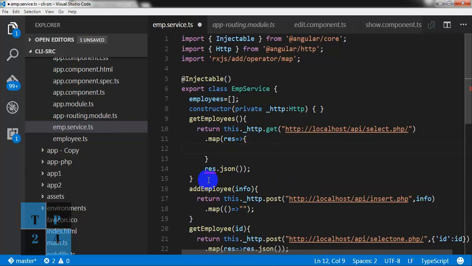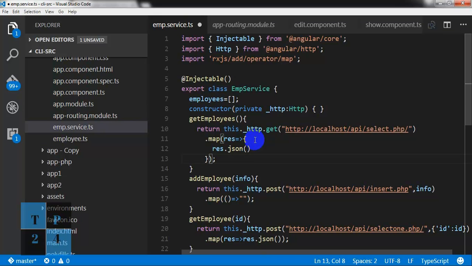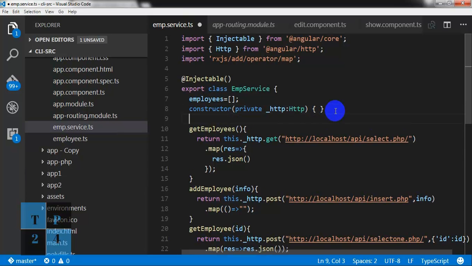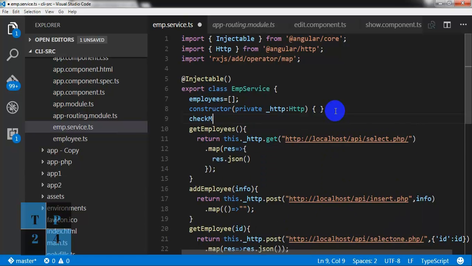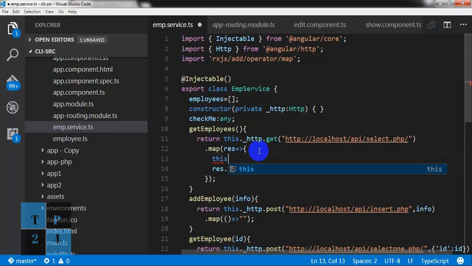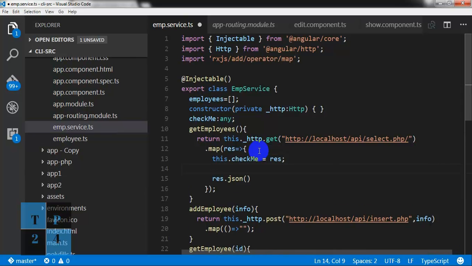I need, and I'm going to create a variable like check me, type any, and here I'm putting this dot check me is equal to response and checking if